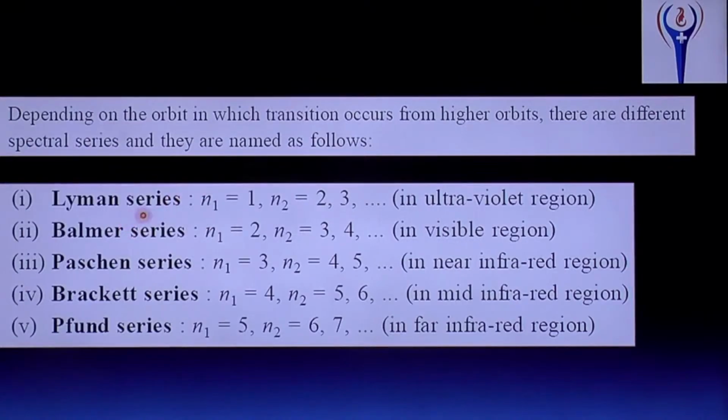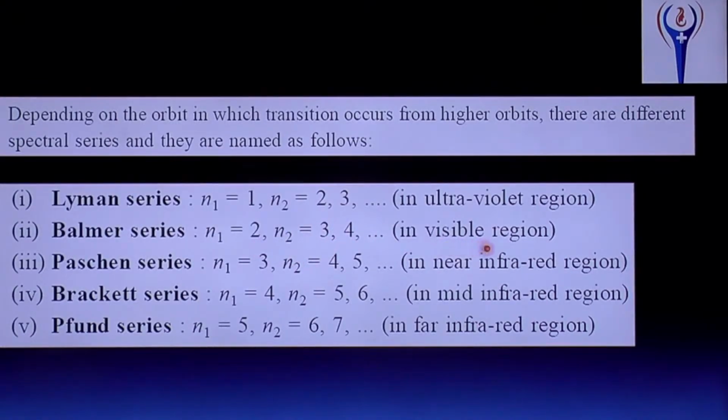That is Lyman series. What is Lyman series? If an electron jumps from any of the higher orbits to the first orbit, then that is Lyman series. It falls under the ultraviolet region. Balmer series: if an electron jumps from any of the higher orbits to the second orbit, then it is in the visible